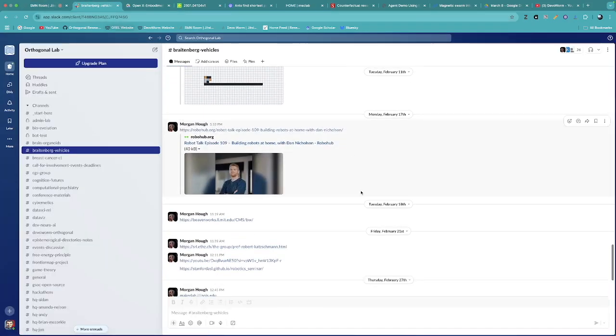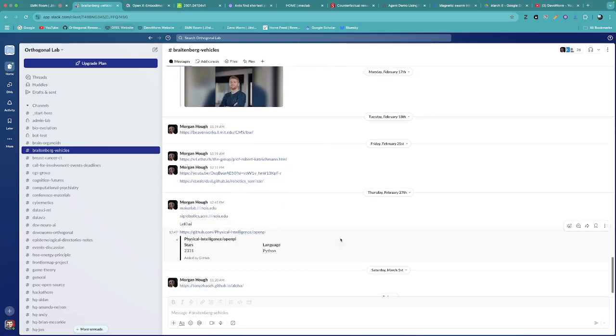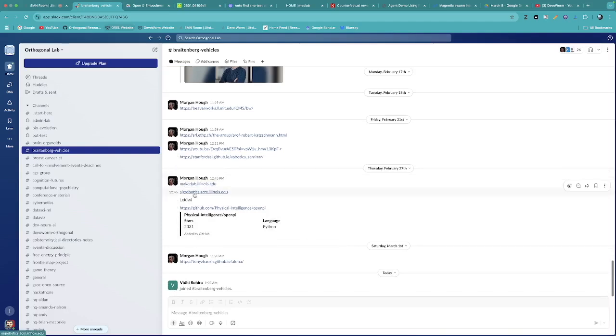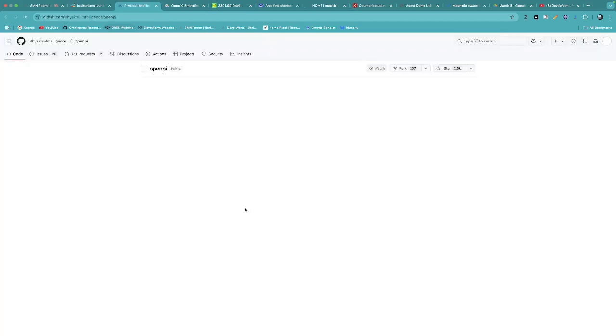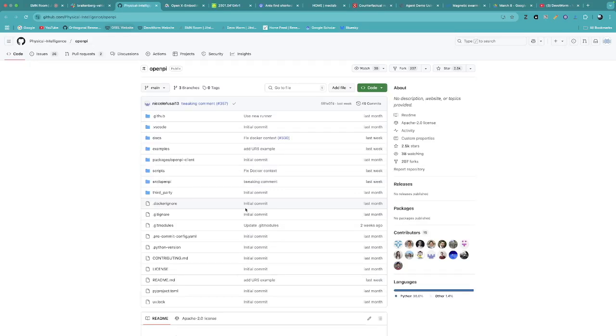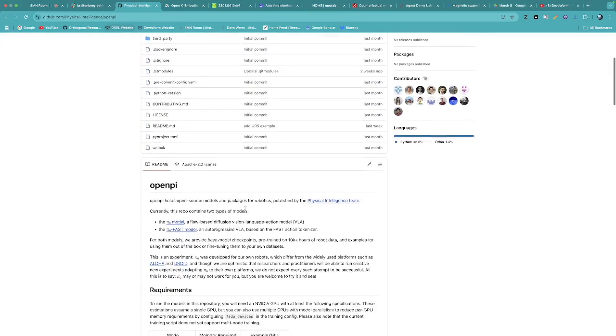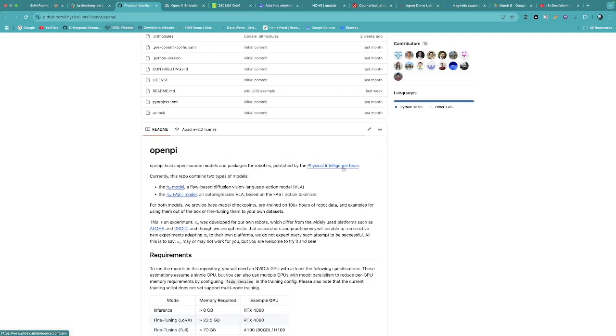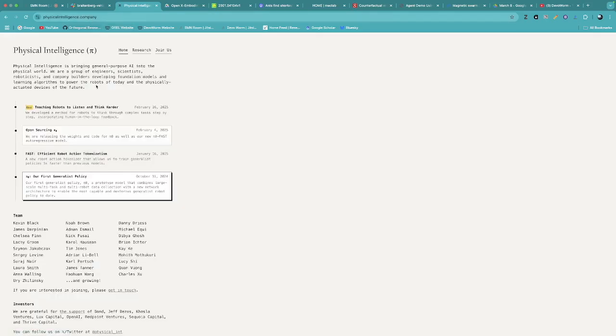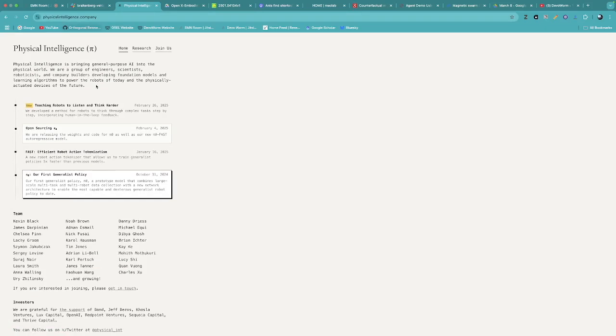let's see. We have building robots at home. Some other robotic seminar stuff. This is things from the Maker Lab at Illinois, SIG Robotics at Illinois, and then Physical Intelligence. This is a group, and I'm assuming they're maybe former OpenAI people or something. But Physical Intelligence is its own group, and OpenPy is their model. Is it a team at OpenAI, or is it their own company? I think it's their own company, and it's probably a whole bunch of VCs and Jeff Bezos. Okay. Anyway,